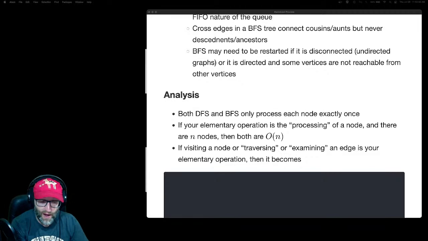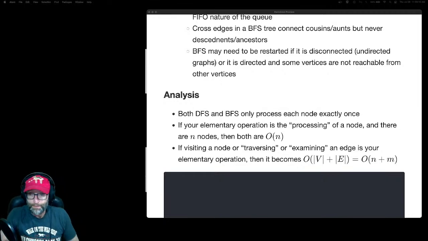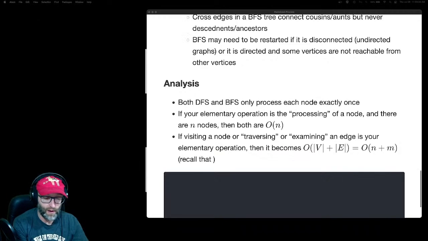So you can go ahead and come up with the following analysis, that it's going to be order whatever the size of the vertex set is here, plus the size of the edge set. And then there's a 2 in front of each one of those if you want to. But again, big O analysis, we throw those out. So ultimately, since we use n and m to describe those things, it's going to be order n plus m. I don't like that because it's a little bit more complex than it needs to be, because now you have to take into account, is it a dense graph? In other words, recall that m is order n,